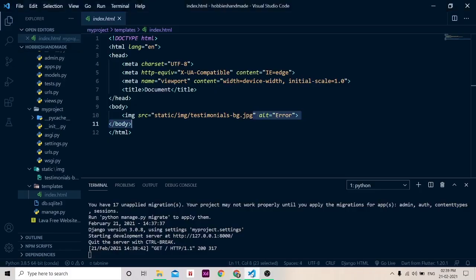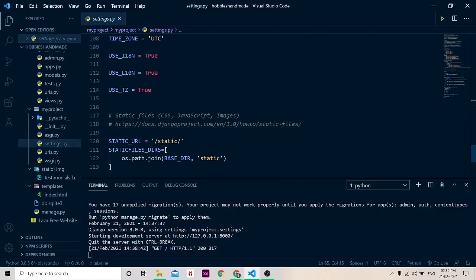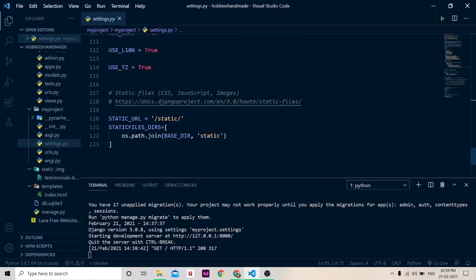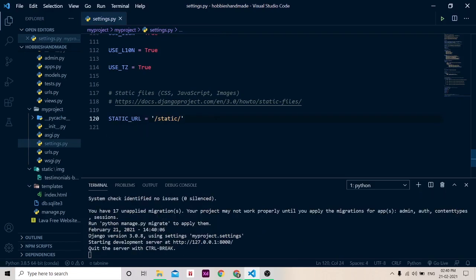But how to use the Django static files method in our Django website? Now this is a normal procedure, but let's see how to use that thing. So in the settings.py file, I am going to tell you why we use this type of thing. Let's go below all these things. There is a static URL. You will not see this, you will see only this. So in static URL we have just specified the URL for this.